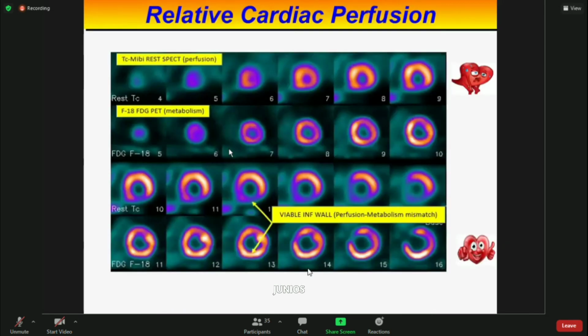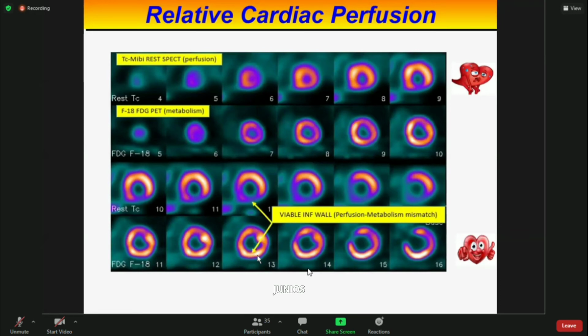In nuclear medicine, sometimes we use two different modalities to compare the relative function of the organ. For example, you can see this is a technetium MIBI scan showing a perfusion defect in the inferior wall of the heart, which is not present in the FDG PET scan. That means viability is still there in this wall,